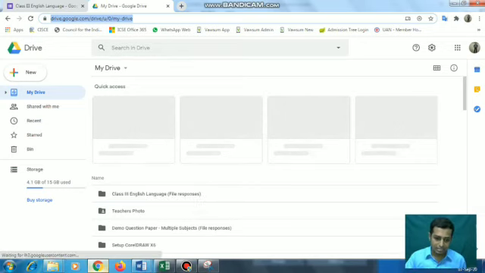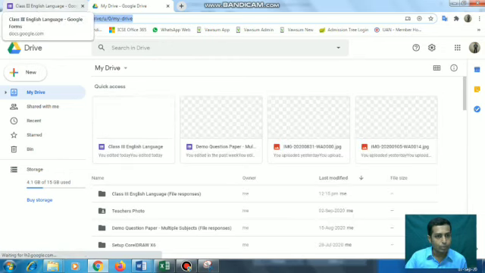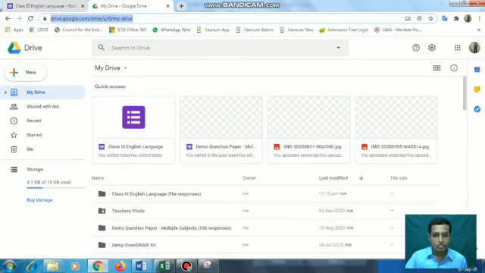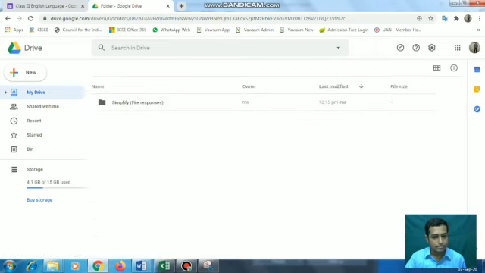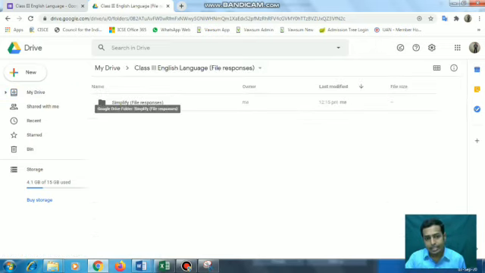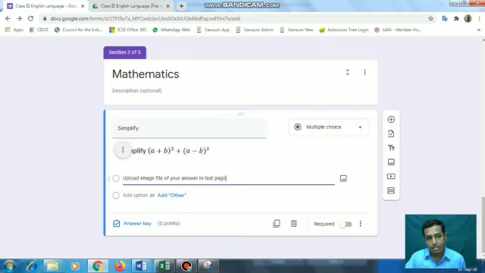So the form I am making is named class 3 English language. So against these file responses, whatever file responses I get will be inside this folder. Simplify the question, and against this question the responses. So again, if we are giving another one,